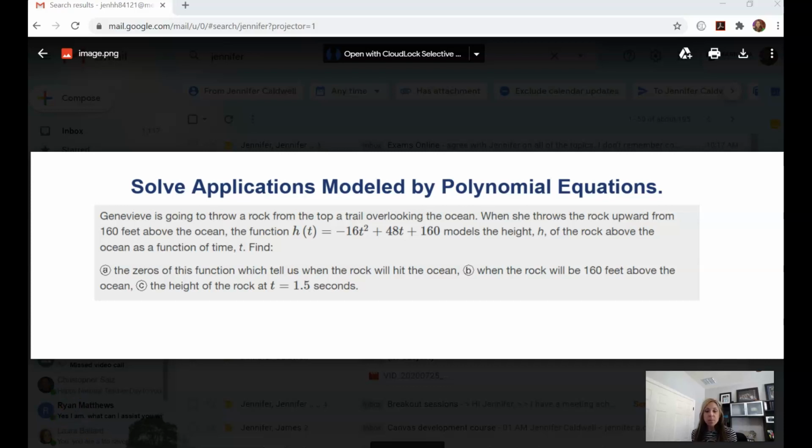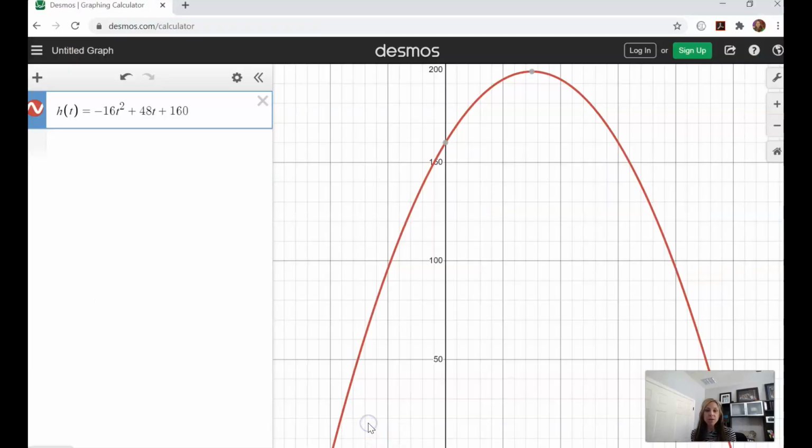So we're going to pop over to my Desmos calculator, and you can see here that I already have the function entered. So I have h(t) = -16t² + 48t + 160, and you can see the parabola shape that the function creates on the graph. So we have a parabola that is opening down. We haven't done a whole lot of work with parabolas yet in this class. In an upcoming chapter, we will explore them in much more detail, but it's very nice now for you to at least get a visual of this,